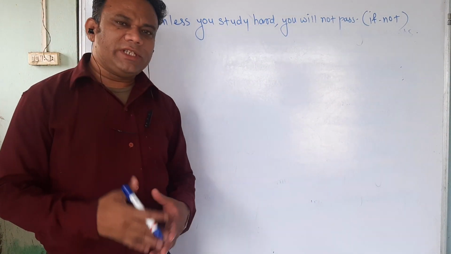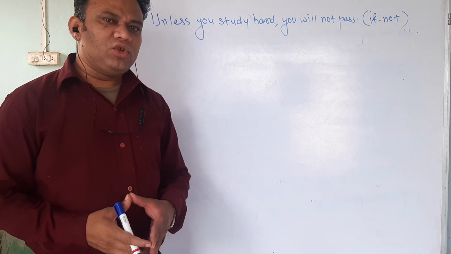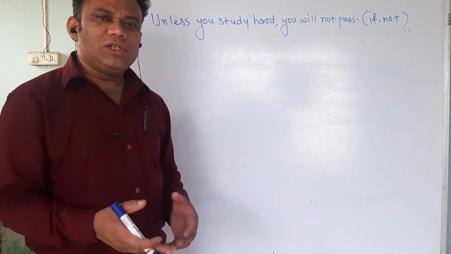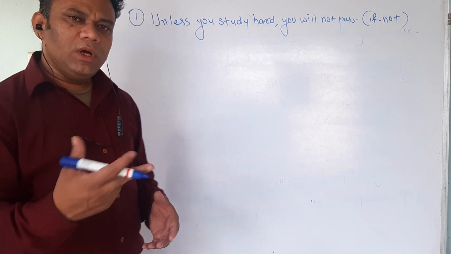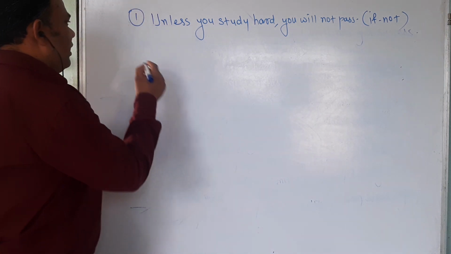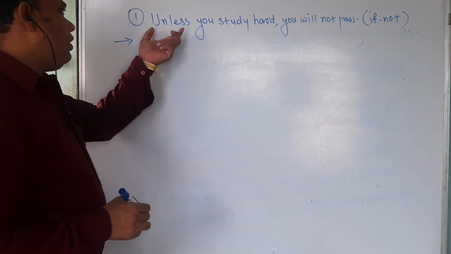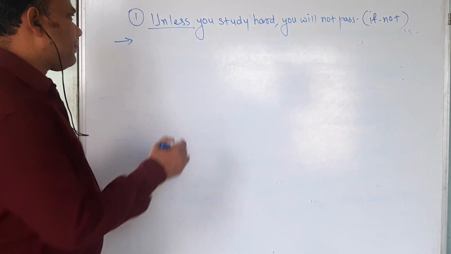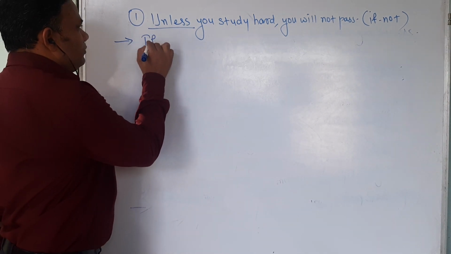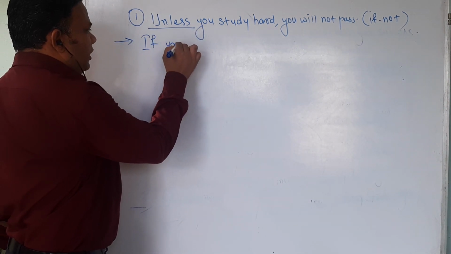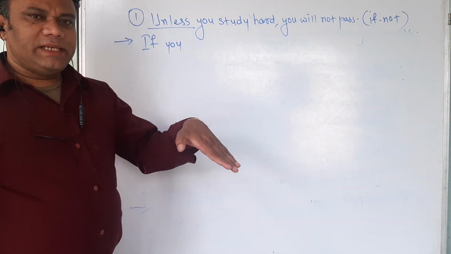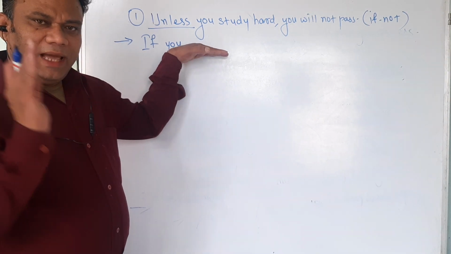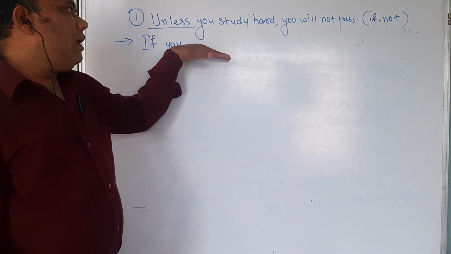Sometimes they tell us to use if not, otherwise sometimes they tell us to use only if. But if we have to use only if, not is also compulsory; not also we have to use there. So see here how to use. First of all, the word unless we will replace with the word if. Then we have to use the subject, if you. Now as I said, after using if, whatever first verb comes, that we have to make negative.